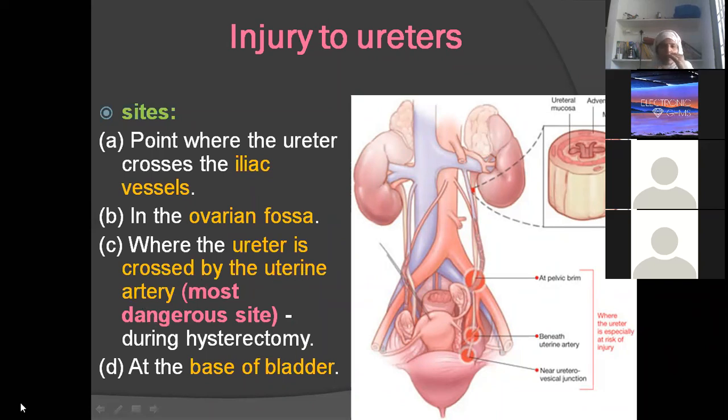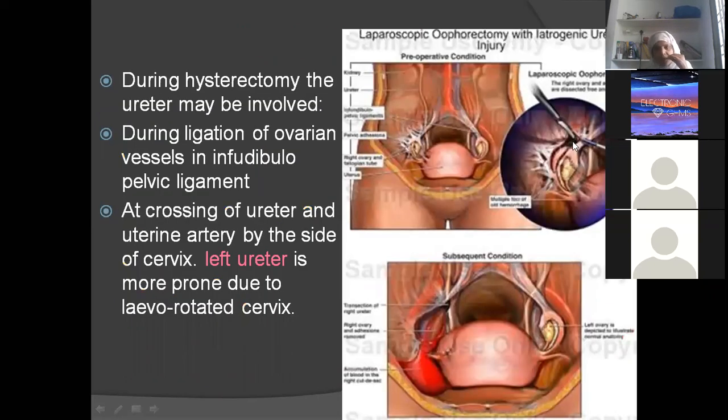What should we tie? Uterine artery. But what is very closely crossing it? Ureter. But instead of tying the uterine artery, you are tying the ureter. Is there any danger while doing surgery? Yes, there will be heavy bleeding. The artery is not ligated, so heavy bleeding, isn't it? Yes. So we should be very careful to tie the uterine artery.